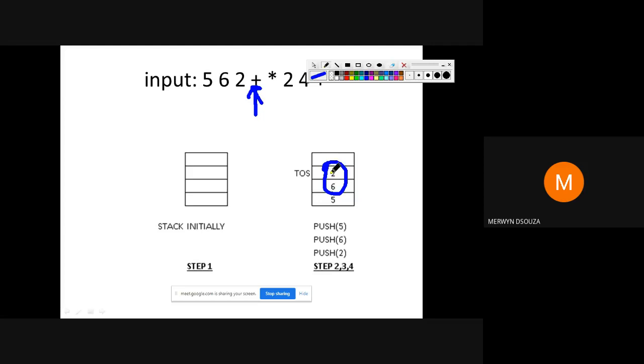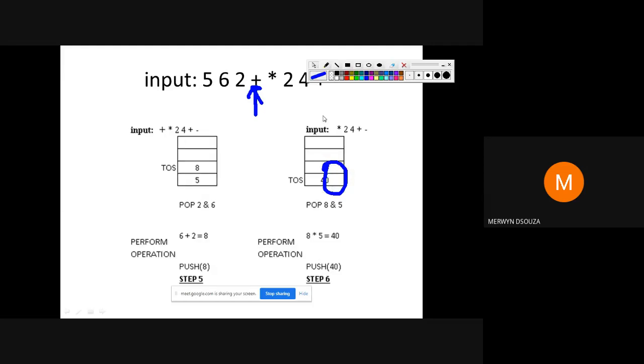When you pop these two tokens, you are going to apply this operator plus, like this. So you are going to do 6 plus 2. You get the answer as 8.